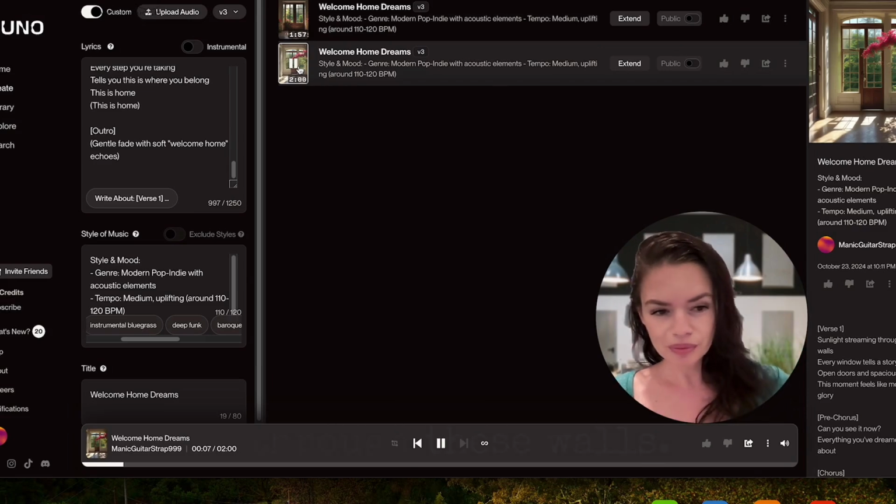Sunlight streaming through these walls. Every window tells a story. Open doors in spacious halls. This moment feels like morning glory. Can you see it now? Everything you've dreamed about. Welcome to your dream home, where new memories will grow. Every room is calling,